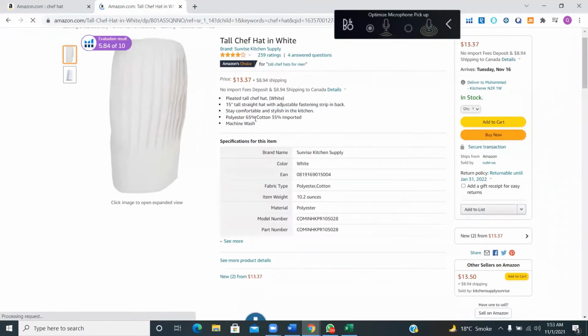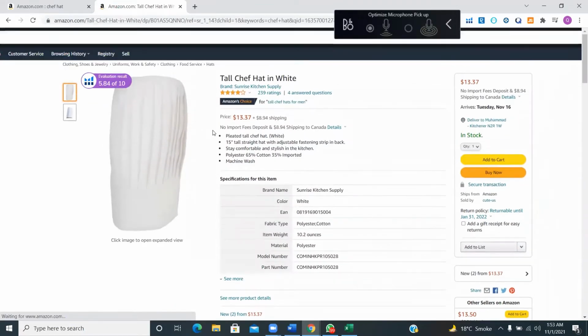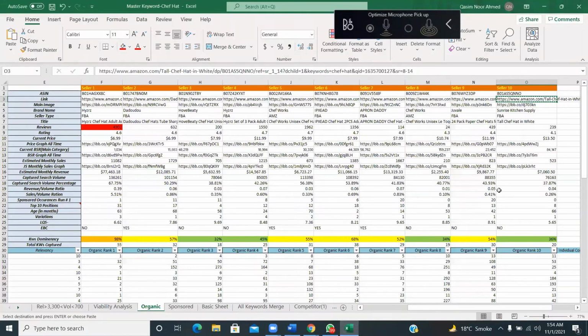So यहाँ तो हमें नजर आ रहा है कि he is only selling in pack of 1, कि सिर्फ एक ही वो बेच रहा है. So then I can assume okay, so because it is a tall chef hat, it's quite possible that he might be charging a premium for that. Or there is